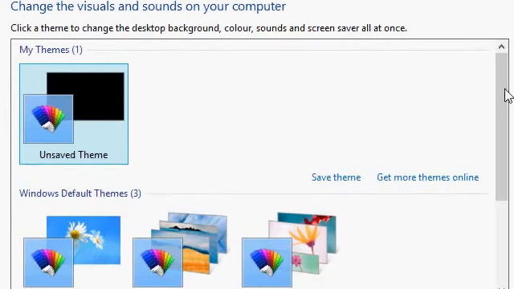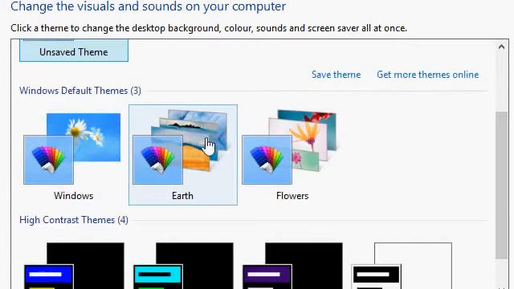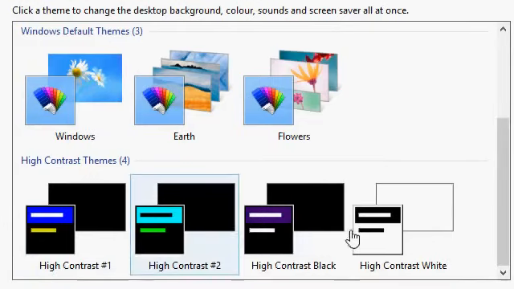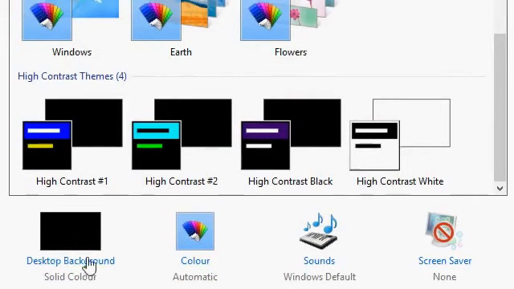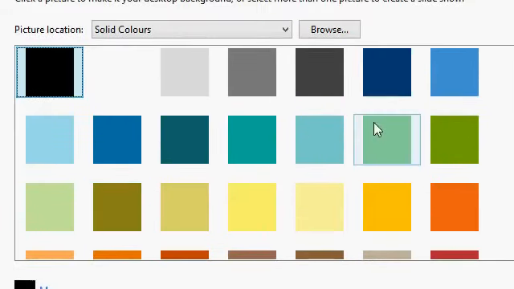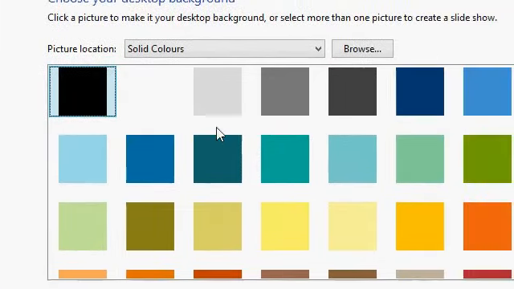Now there's different themes you can pick from. There's Windows, there's Earth, and it changes the background, the backdrop. There's high contrast colors down here. You can individually change your desktop background. Click on that. You can pick from solid colors. I have a black one right now just because it's easier for training to have a black background. But you can have